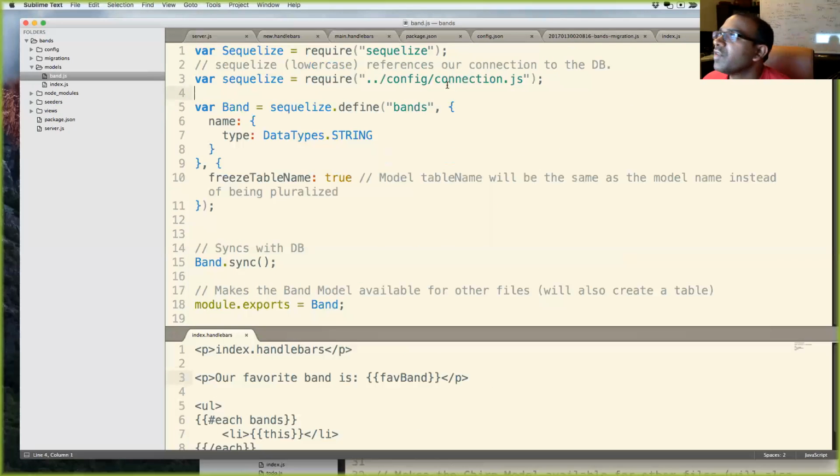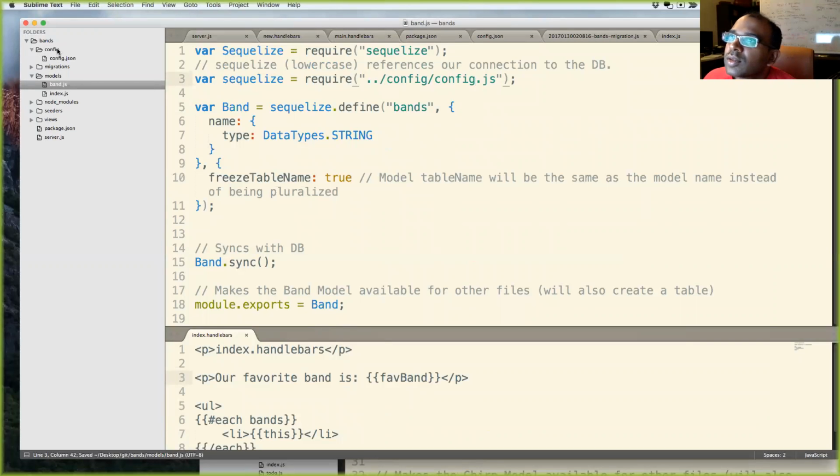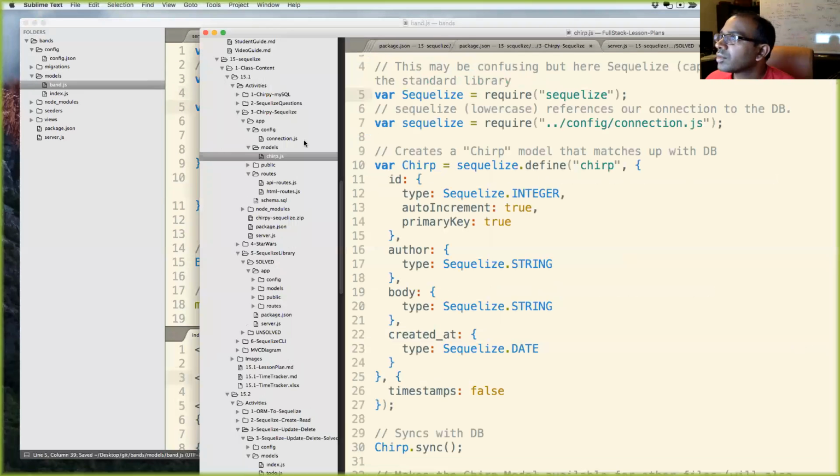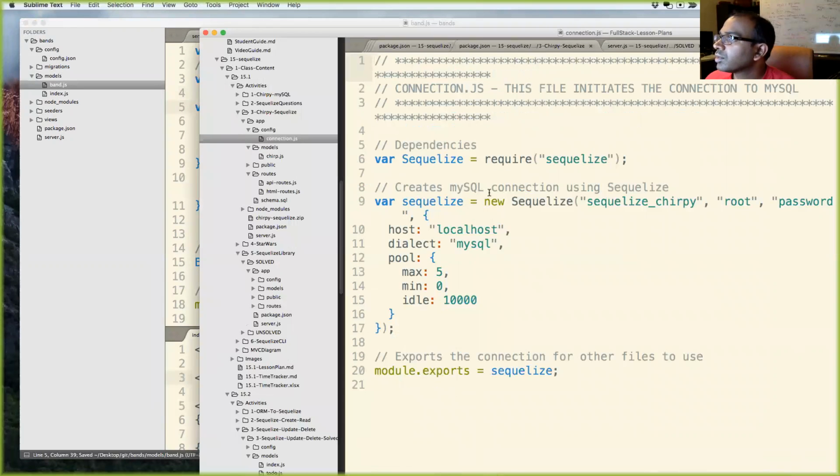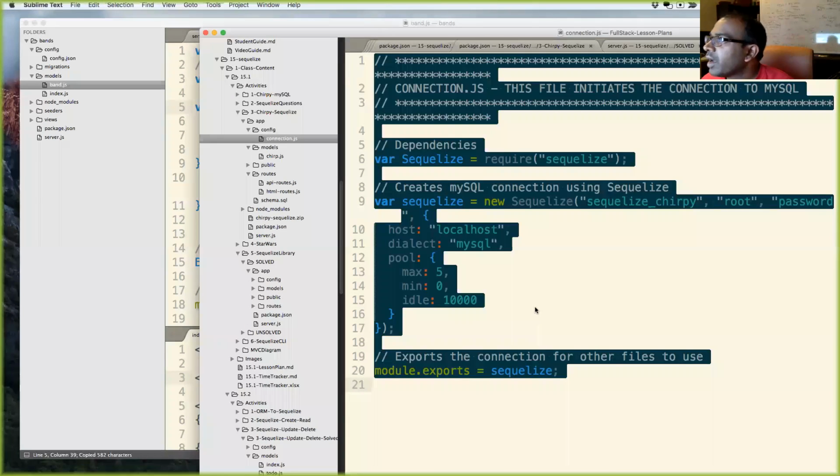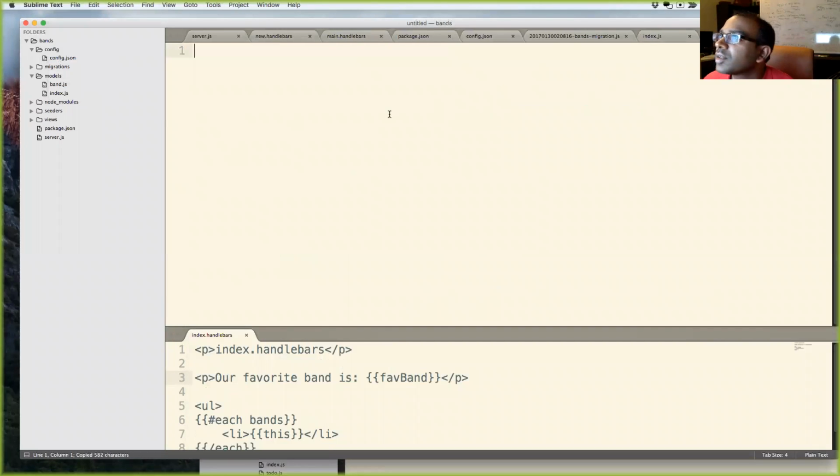Oh, mine's config.json. Interesting. So it looks like it didn't make a connection.js file for me. So we'll just do that over here.